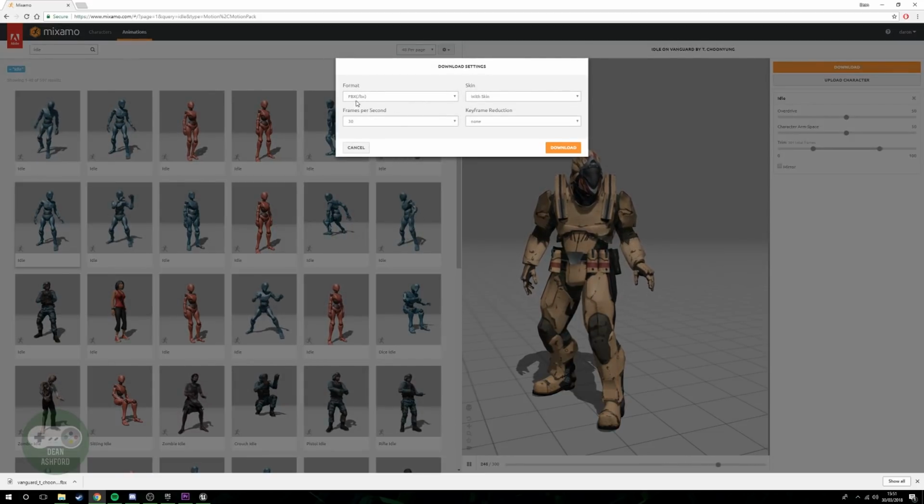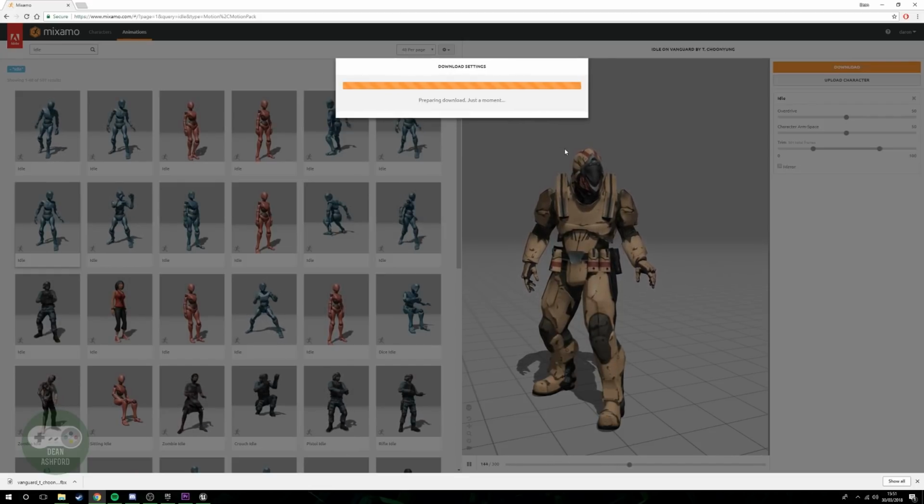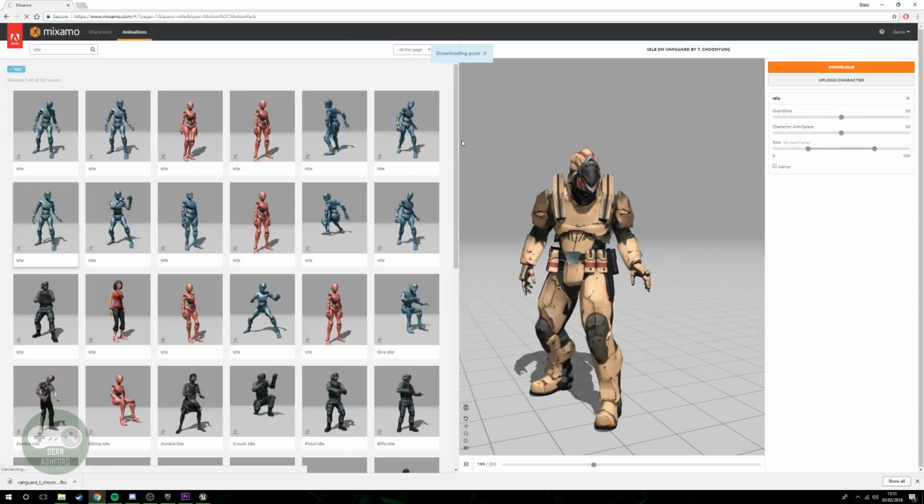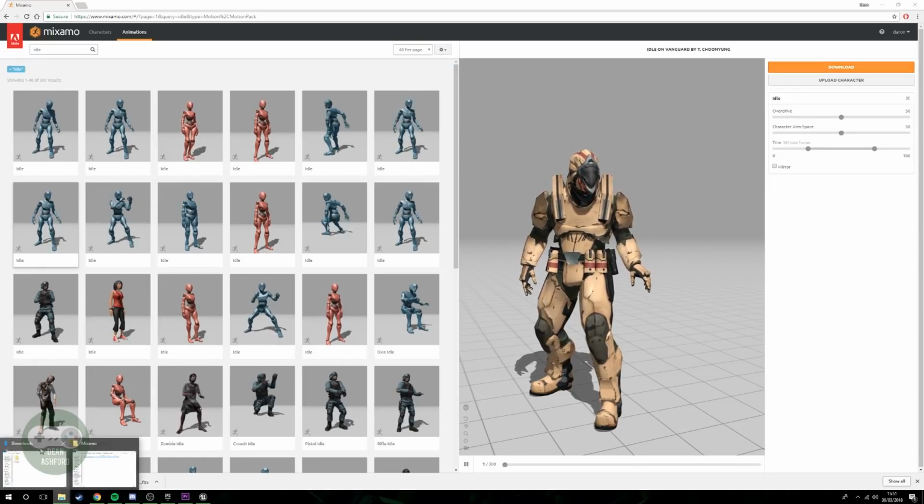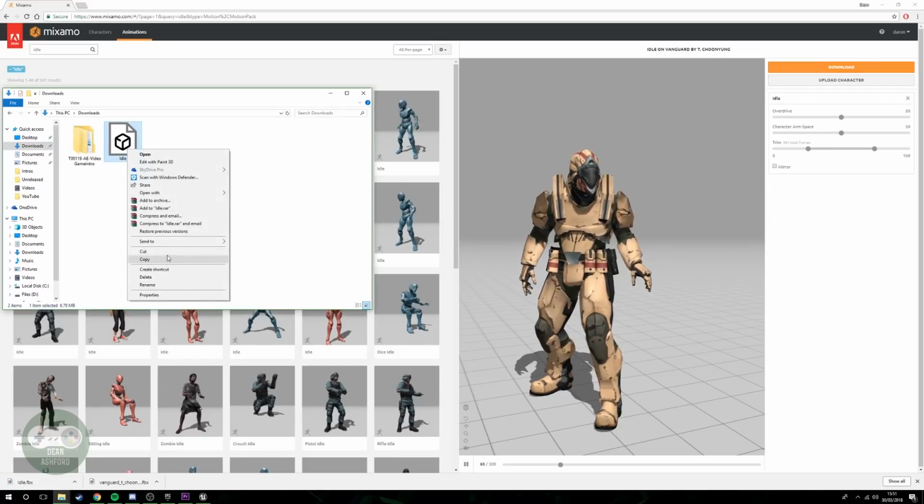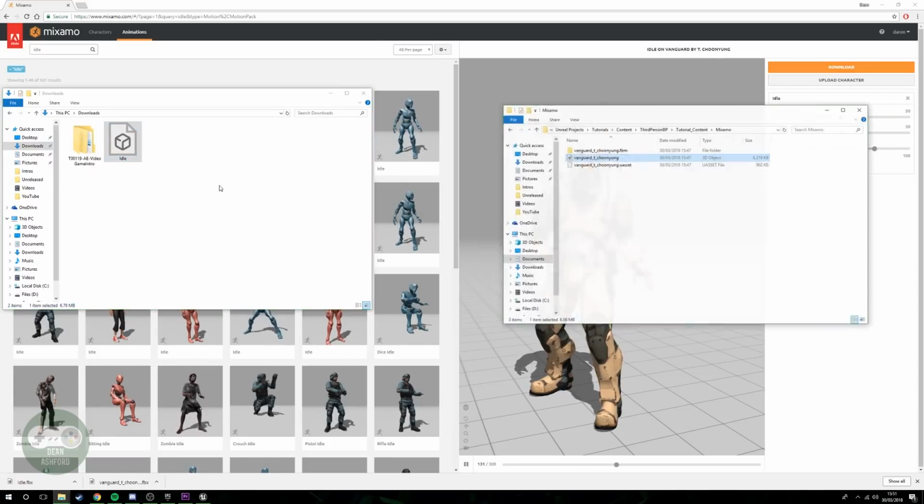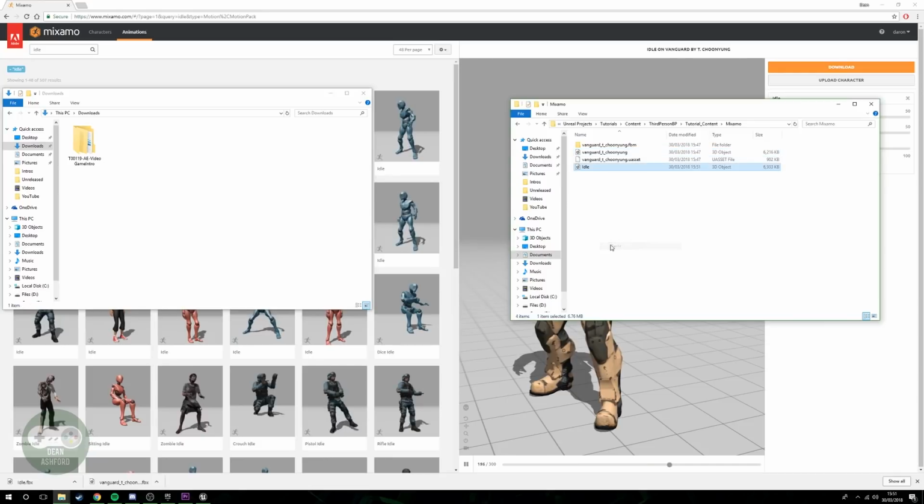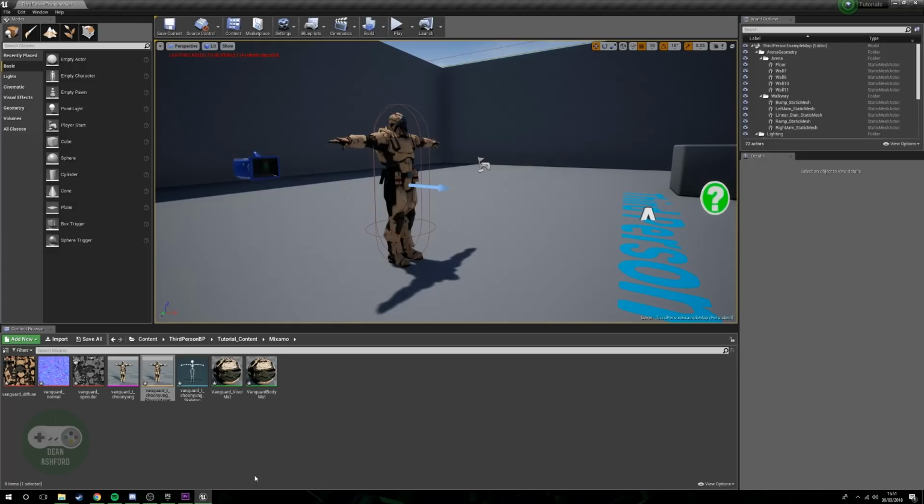Now we want to take it out as FBX, we want it with the skin, frames per second 30, and we don't want to bother with any keyframe reduction. We're going to hit download, and the same thing as before, this is now going to prepare this for us, and it's going to download it directly to our machine. So here he goes. Let's open up the downloads folder. You can see we've got the idle there. We're going to cut this, head into the folder we've created ready, pop him in, go to the engine, and